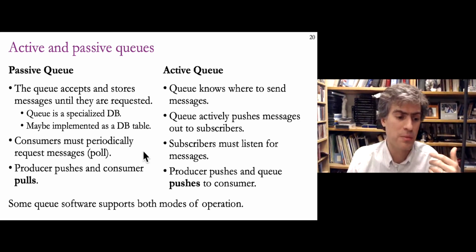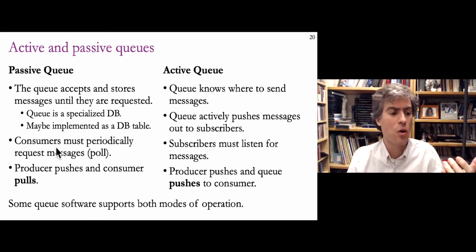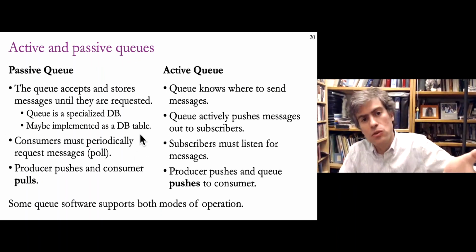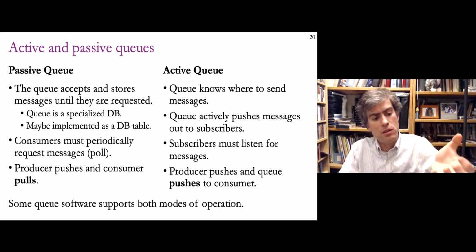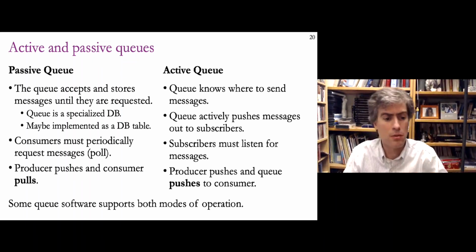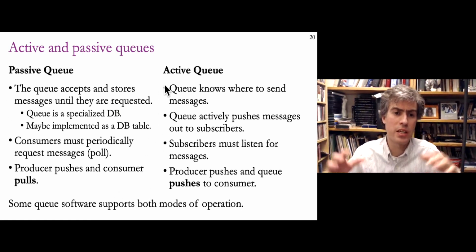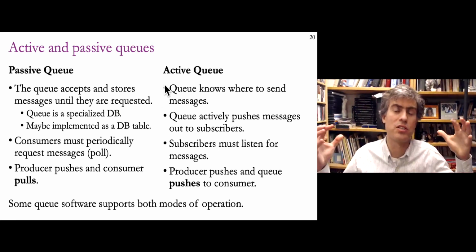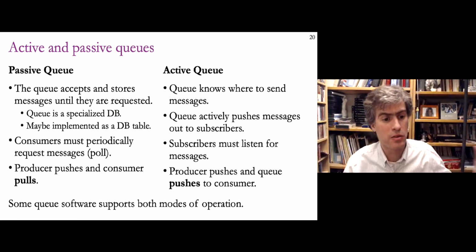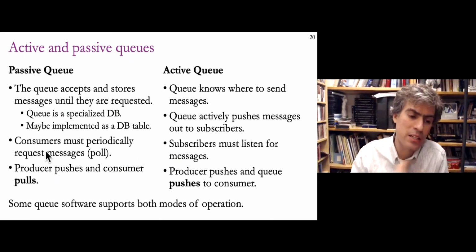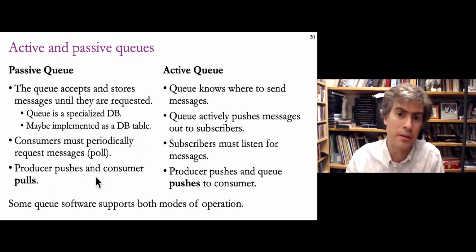So the consumer has to periodically request messages, or whenever the consumer is ready to work, it sends a request to the queue to pull off a message from the front of the queue, right? That's a passive queue. We call it passive because the queue itself is not starting work. It's just listening and accepting requests. It's reacting to the outside, right? It's reacting to the producers pushing data to it, and it's reacting to the consumers asking for data,